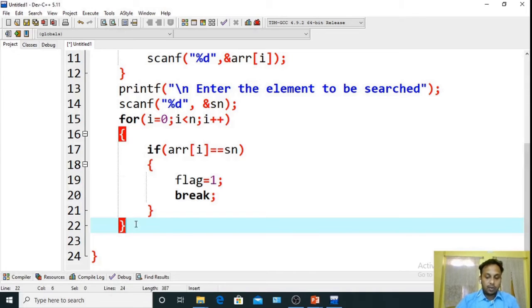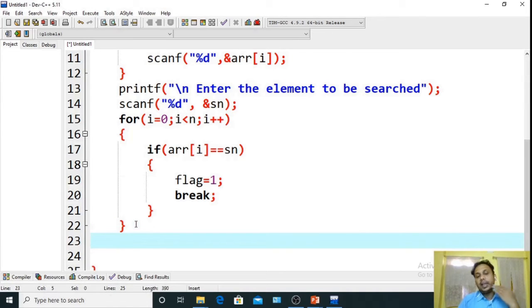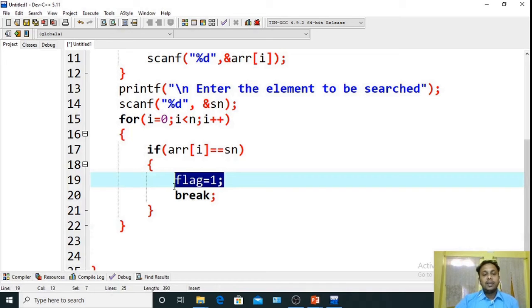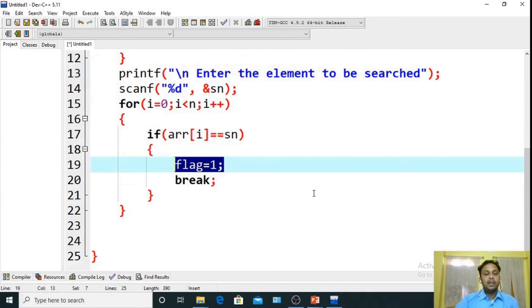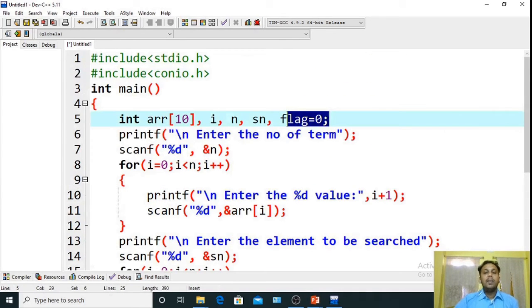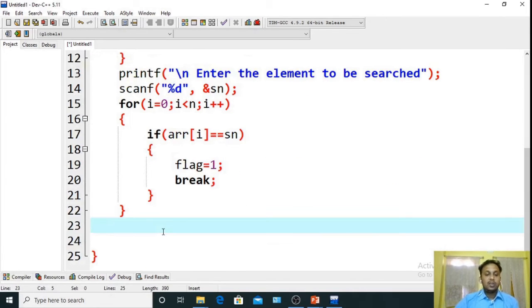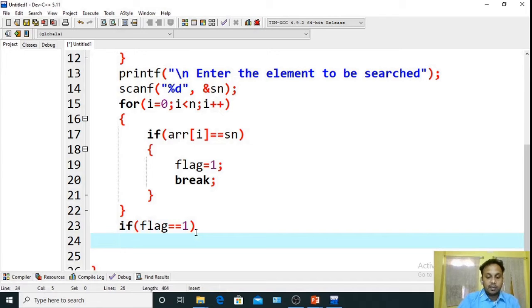So we will now check. If the element is found, then the value of flag will be 1. If the element was not found, then the value of the flag will remain 0. So if the value of flag is 1, then element found. If the value of flag is 0, then element is not found. So we'll use here an if condition: if flag equal 1,